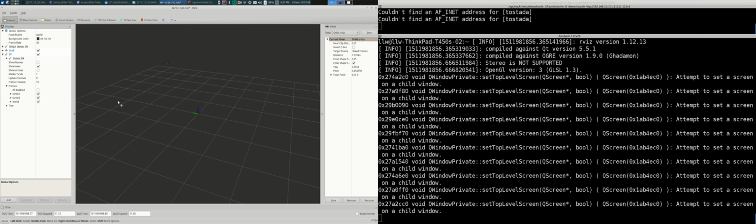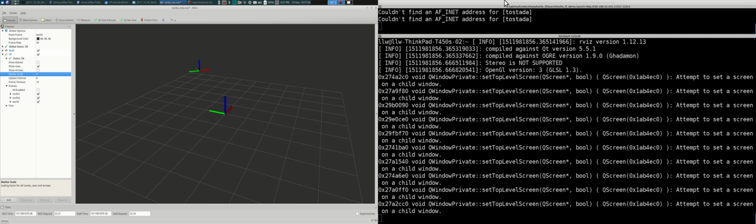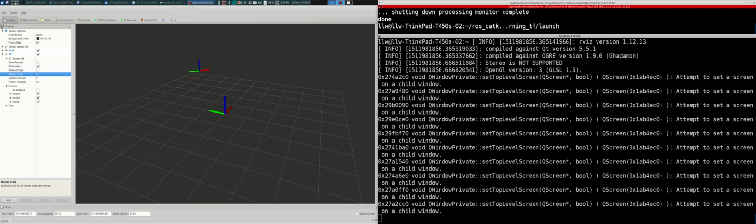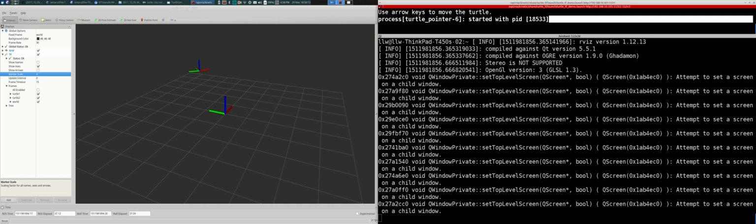Let me make my marker scale 4 giant markers so we can see them go away. So when I drive around here, RViz,